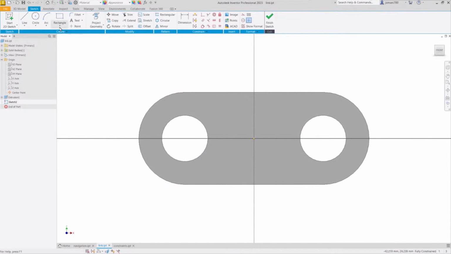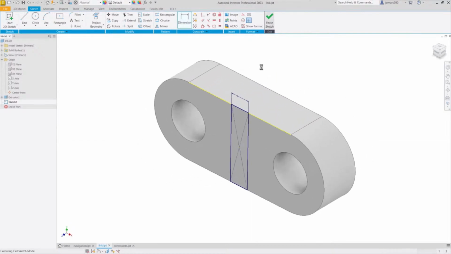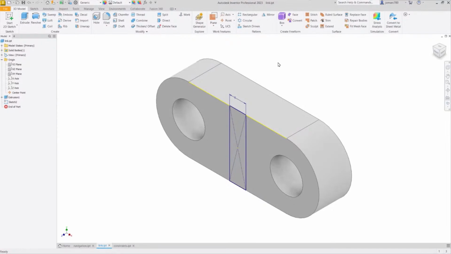Next, heading over to rectangle, selecting 2-point center rectangle, dropping our center at our center point, left click here, and left click at this edge, hitting escape, hitting D for dimension. Let's define the distance of these two vertical lines. Let's say I prefer this to be 5, hitting enter, selecting finish sketch, the shortcut key for extrude to be E,